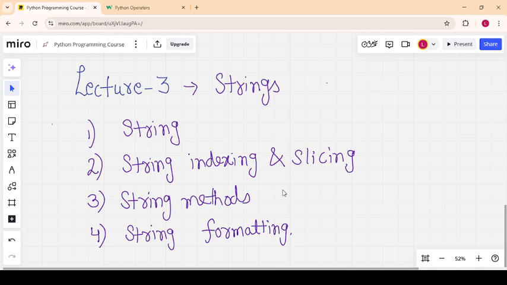So let's start. So, what is a string? A string is a sequence of characters enclosed in a single quote, double quote, or triple quote. For example,